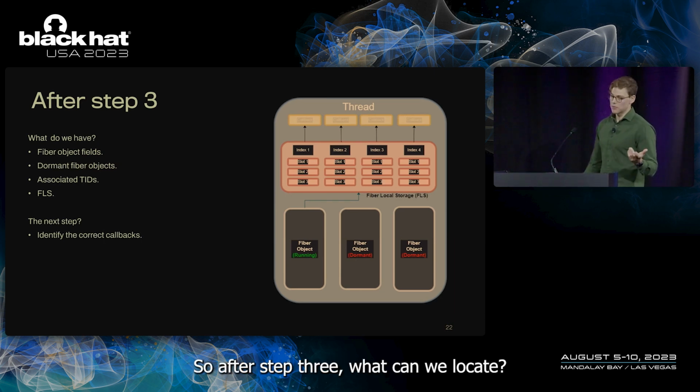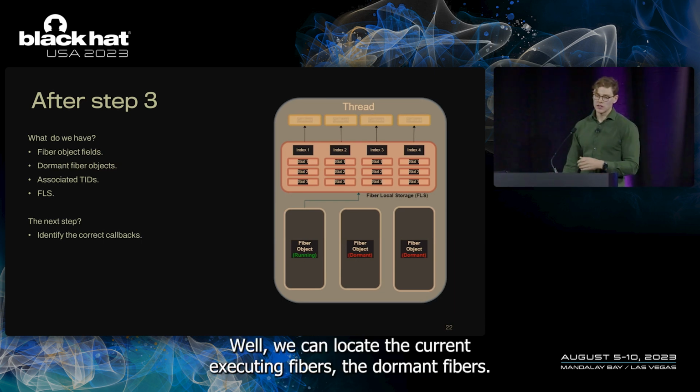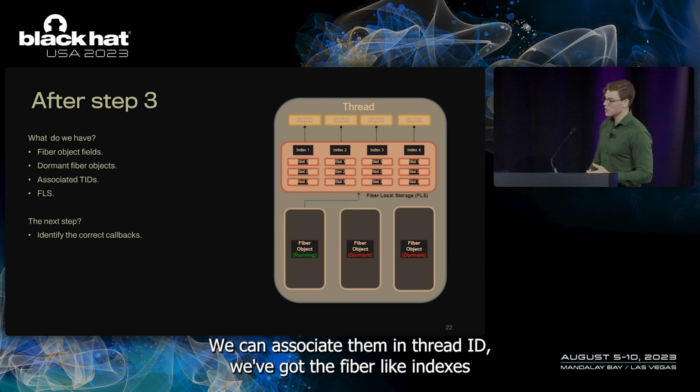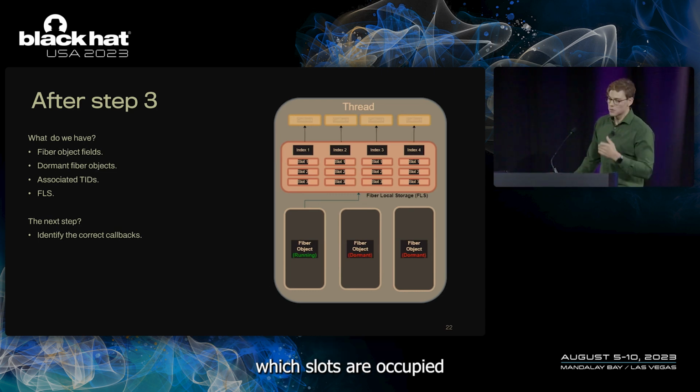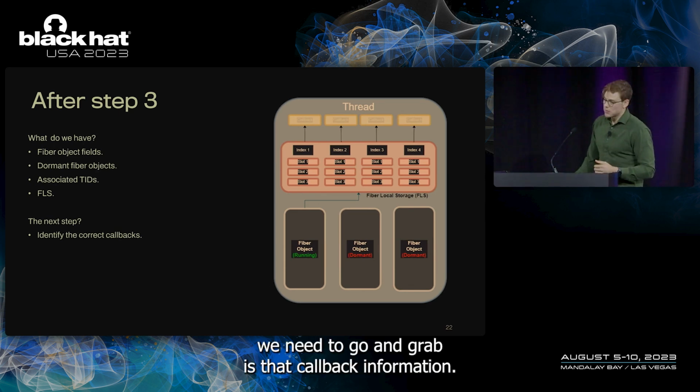So after step 3, what can we locate? Well, we can locate the currently executing fibers and the dormant fibers. We can associate them with the correct thread ID. We've got the fiber local storage indexes, which slots are occupied. And the final thing we need to go and grab is that